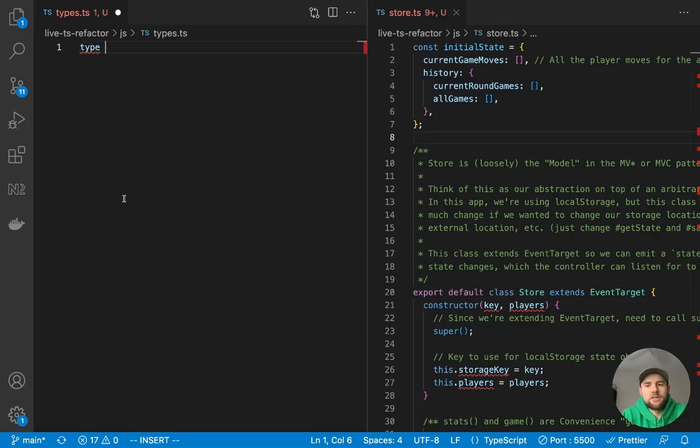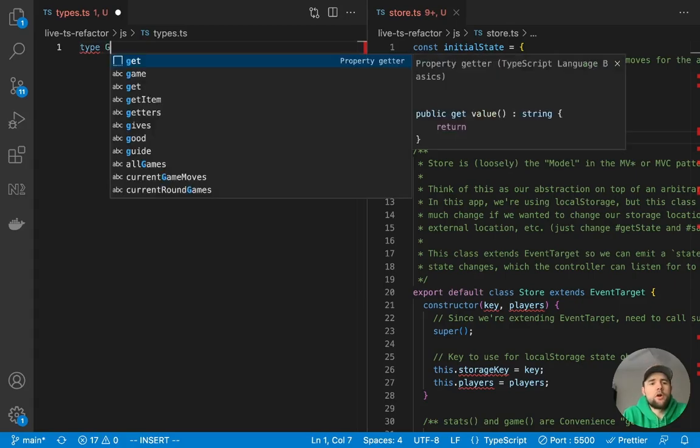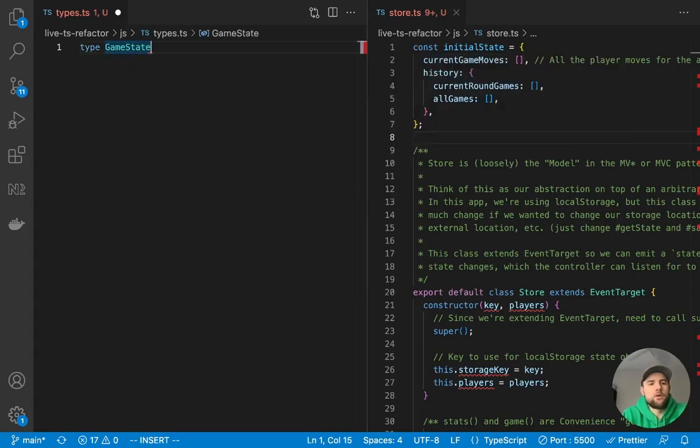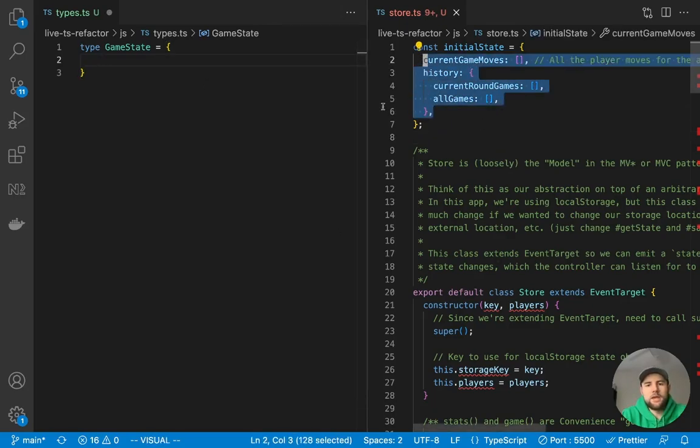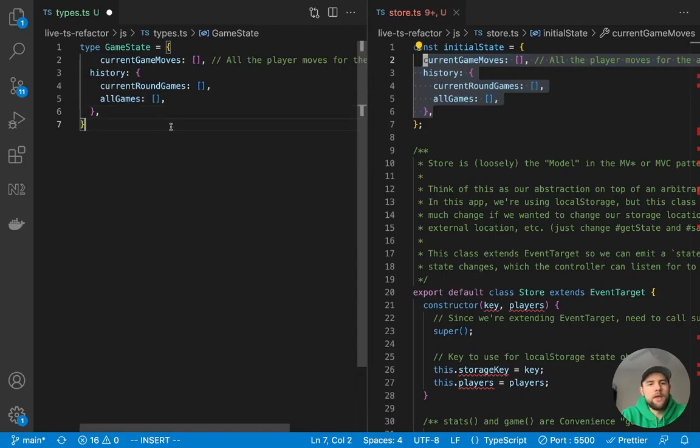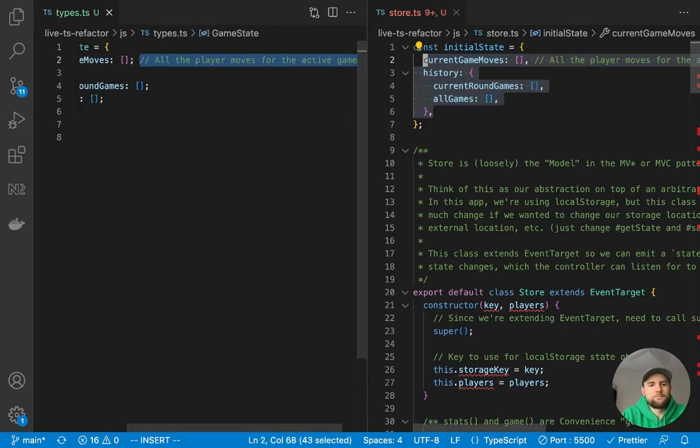But we'll start with just a type, and I'm going to call this GameState. GameState is an arbitrary name I'm giving this type, similar to how we would define a variable name. And the type is defined using basic object syntax. So I'm just going to match this. Let me copy this shape over and get rid of this comment.